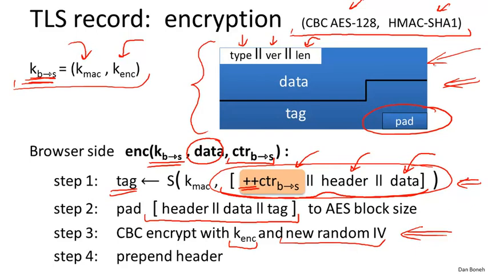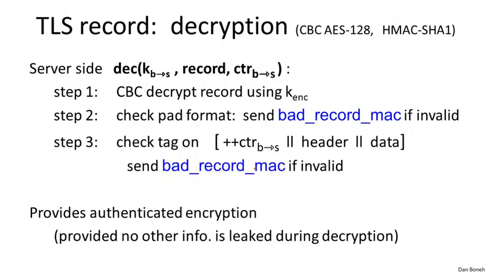So you can see that this is TLS's implementation of MAC then encrypt. The only difference from basic MAC then encrypt is the fact that there is a state, namely this counter is being included in the value of the MAC. And again, as I said, that's done to prevent replays. So let's see why that prevents replays. In particular, let's see how the record protocol decrypts an incoming record.